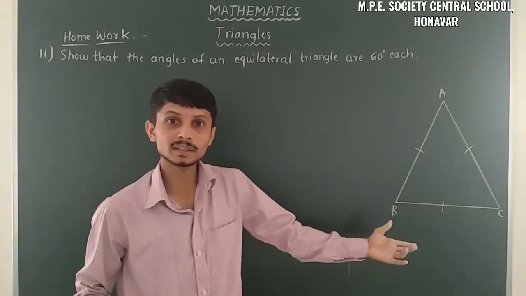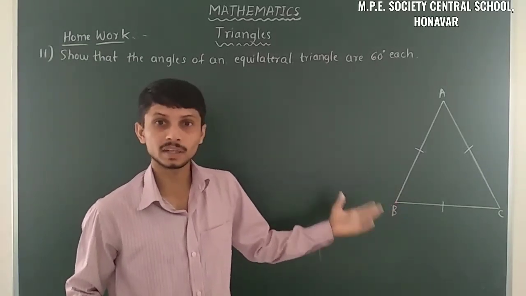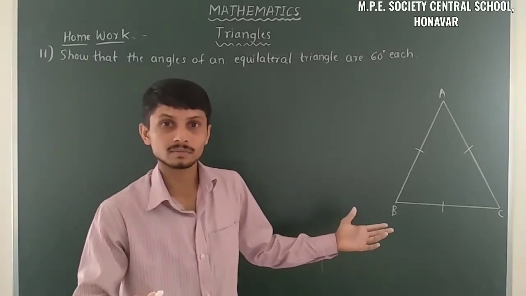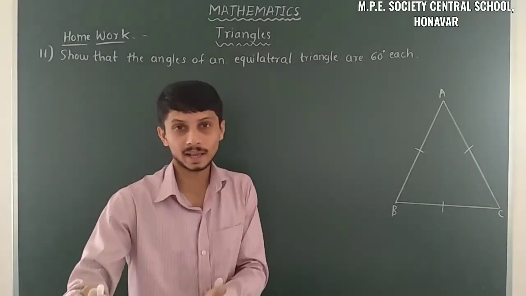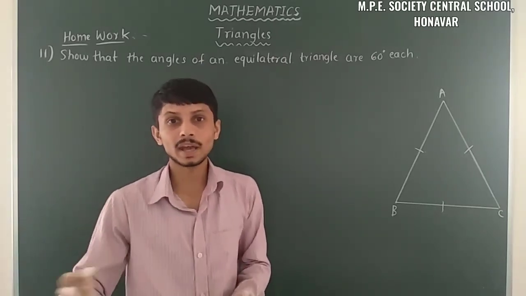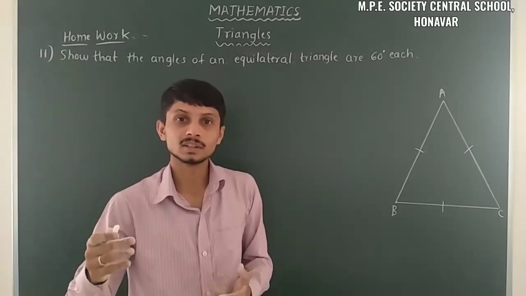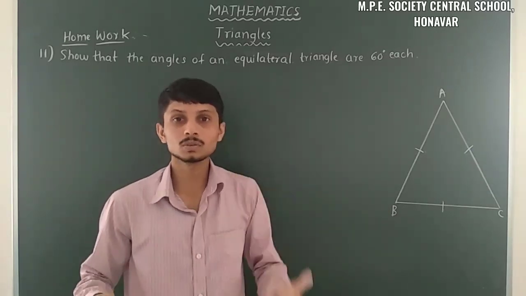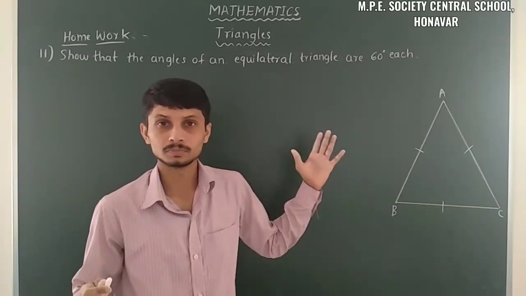Then we take the sum of interior angles of a triangle as 180 degrees. We insert any one angle for the others since they are equal, so 3 times any angle is equal to 180 degrees. It becomes angle A is equal to 60 degrees. So we have angle A is equal to angle B is equal to angle C is equal to 60 degrees. Likewise I solved the previous problem, and likewise you have to solve these problems also.